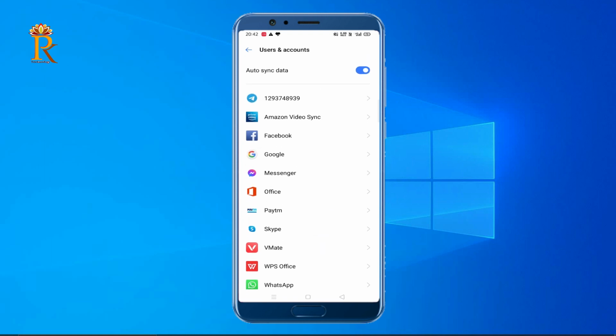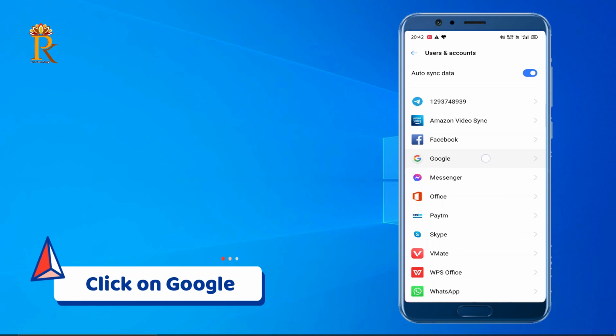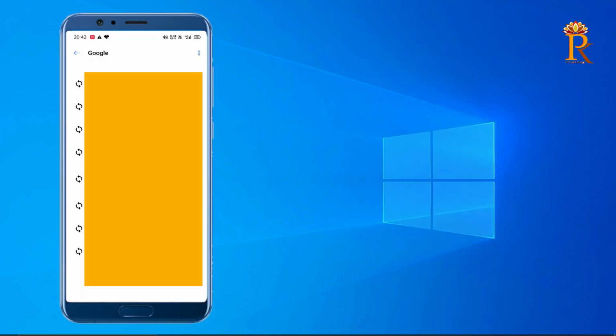Then you need to find Google, because you need to sync your Google account. So please click on Google. Once you click on Google, you will be able to see how many email IDs are added in your cell phone. Here you can see which email ID you are facing some issues with.